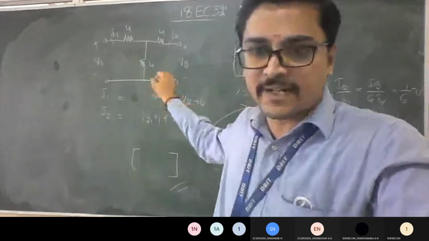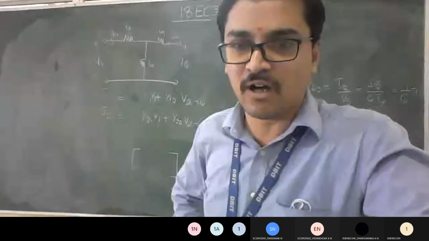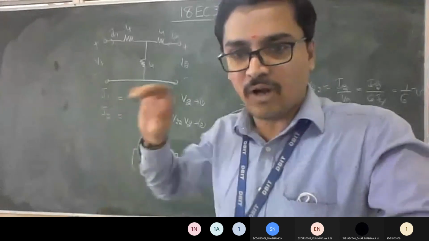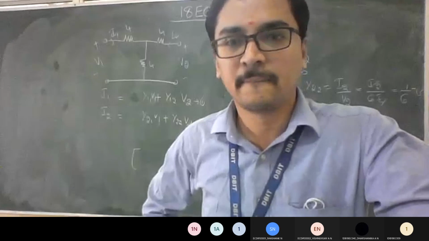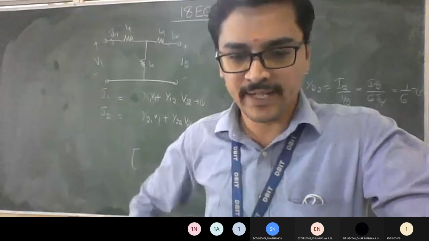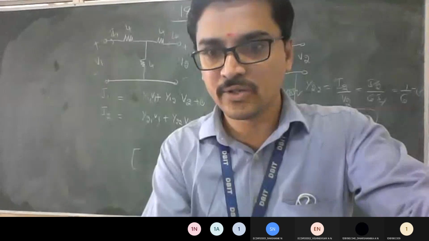If you know this, then for H parameter it is the same procedure. The first half is from Z, the second half is from Y. So you need to implement the logic of both the current divider rule and the normal procedure. Is it fine? So when do you want the next class here? So we want to solve